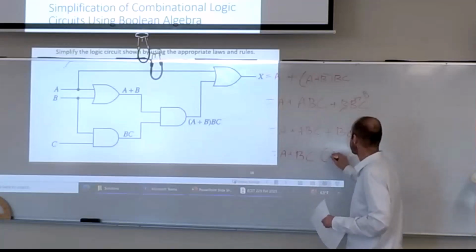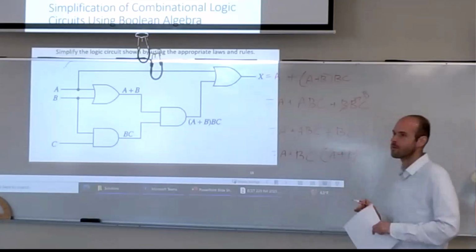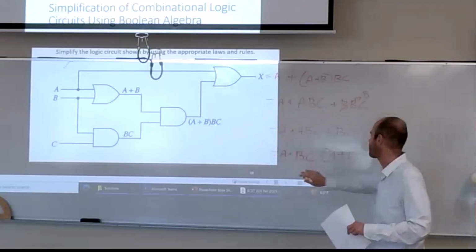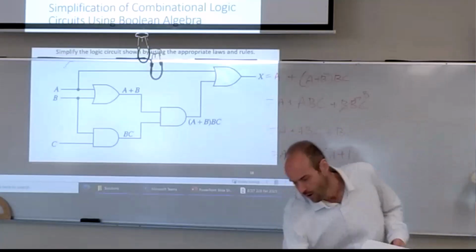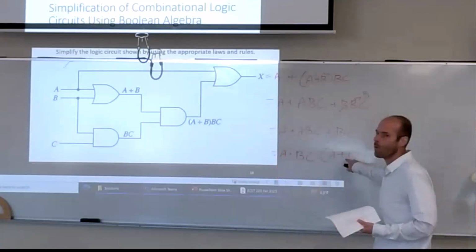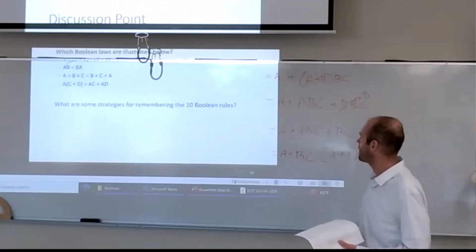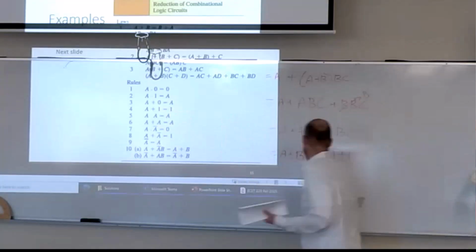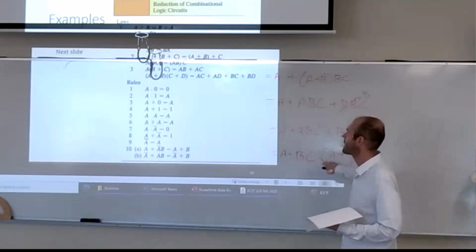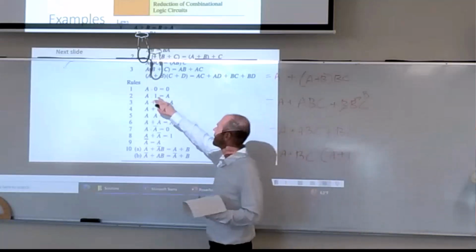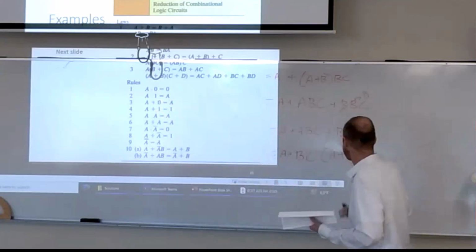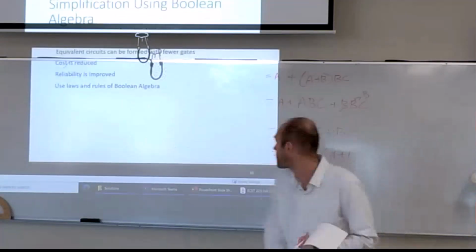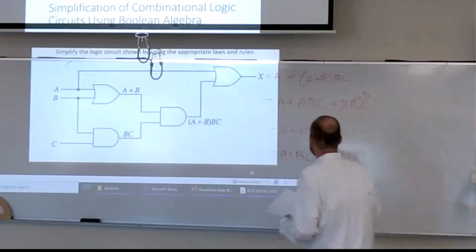That leaves us with A plus 1. When we take the BC out of ABC or BC, we're left with A plus 1, or A or 1. Anytime we see a 1 or a 0, we know that's something we can take action on. So anything plus 1 equals 1. So we're going to be left with a 1 in here. What's anything times 1? Itself, so BC. So we can apply both of those together. BC times 1 is just BC. And so applying those two rules at once leaves us with